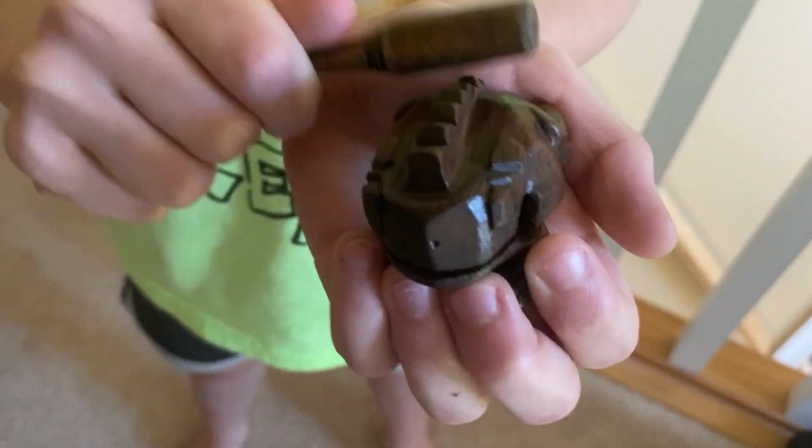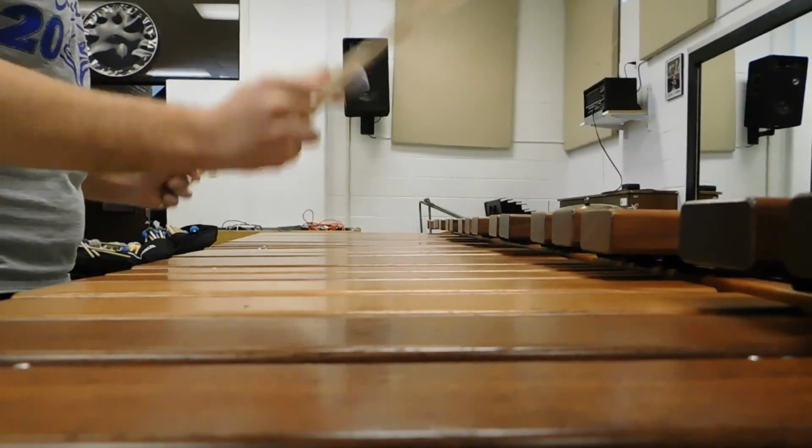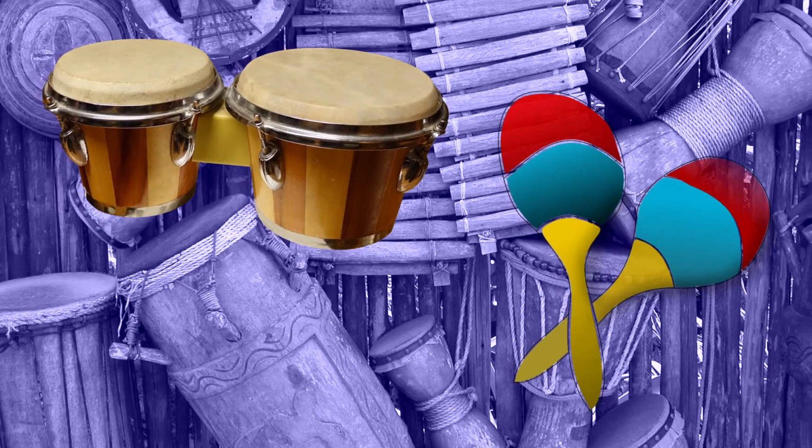Drums are part of the percussion family, and wow, what a huge category of musical instruments. Percussion instruments include any musical instrument that you can scrape, strike, or shake to make sound. And while there are so many different kinds of percussion instruments out there, today I want to focus in on